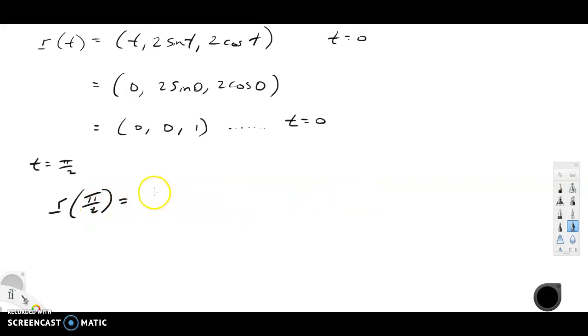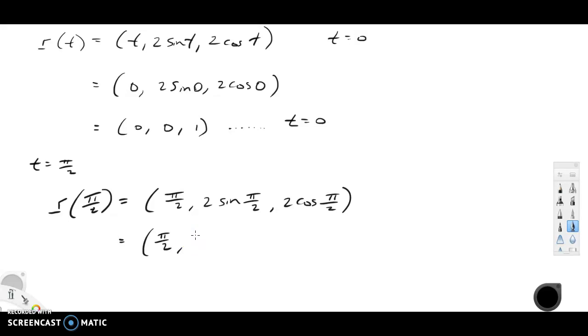That's going to be pi over 2, 2 sine pi over 2, comma 2 cos pi over 2. So pi over 2, sine pi over 2,